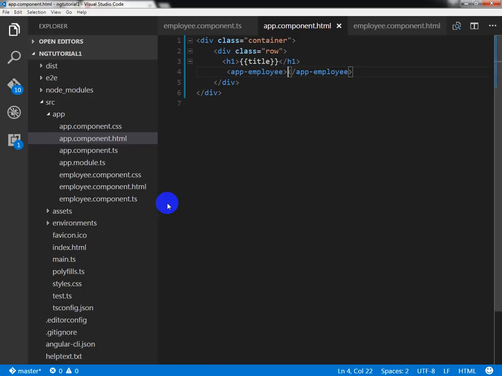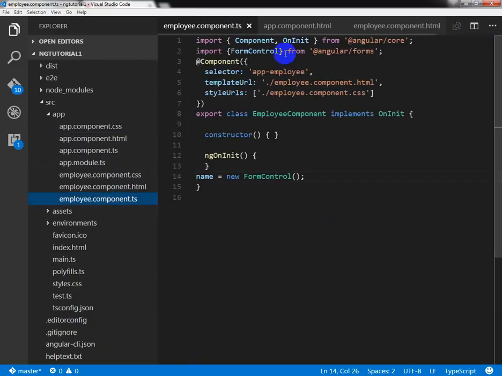Now we'll go one step further, that is, if we need to have more controls like another input box,